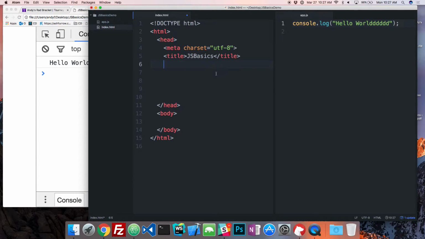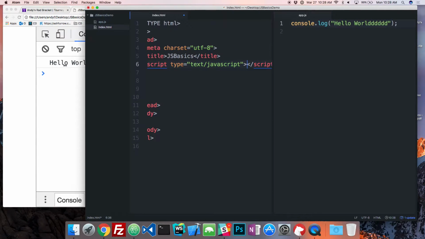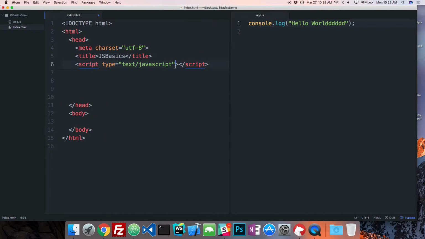So in order to link this HTML file to the app.js file, you're going to have to do that via script tag. And the way you do it is you declare a thing called, I believe it's source, src, like that. And you tell it the path.